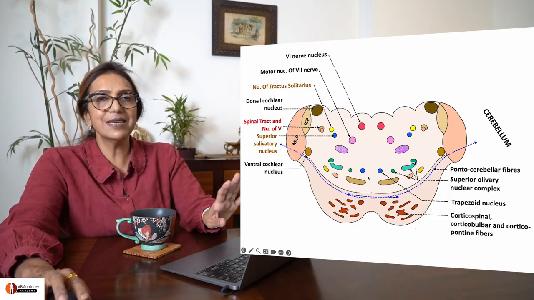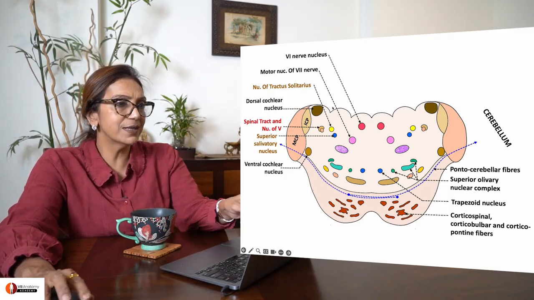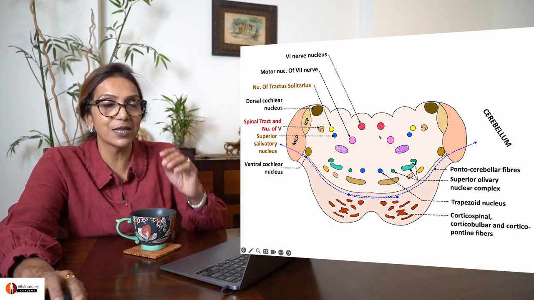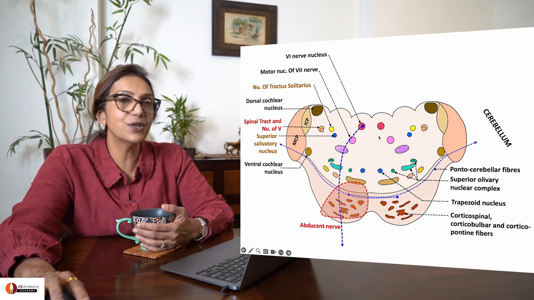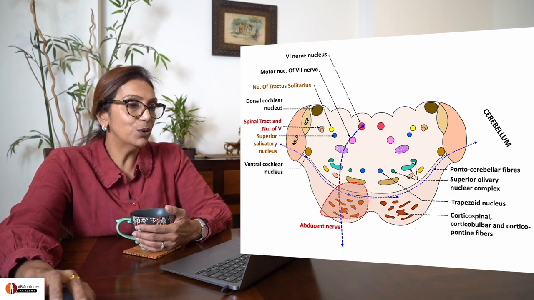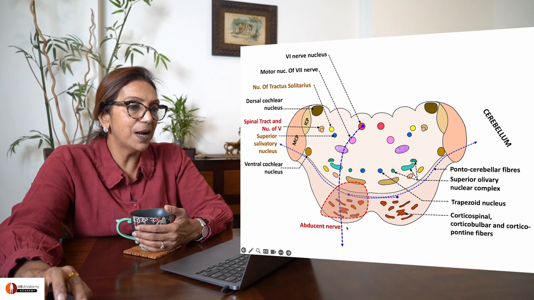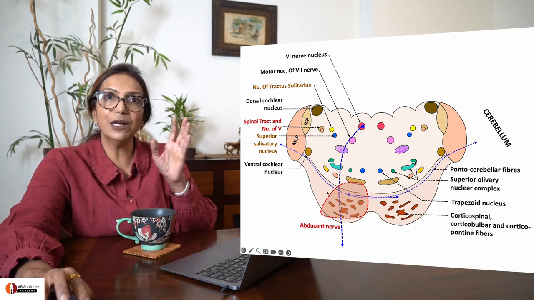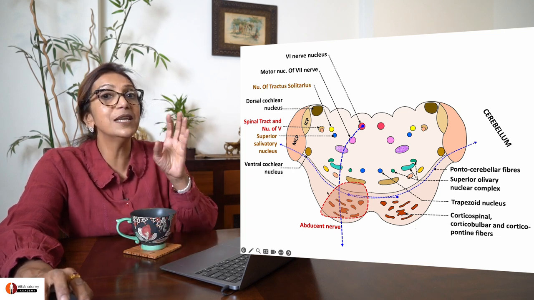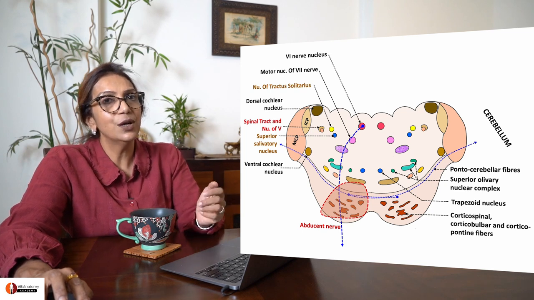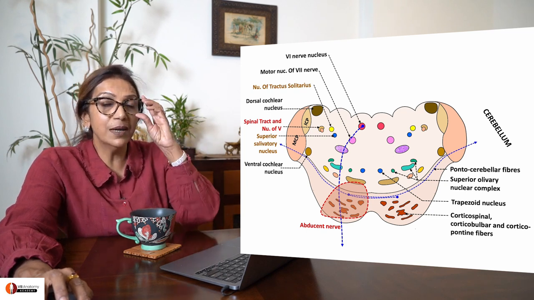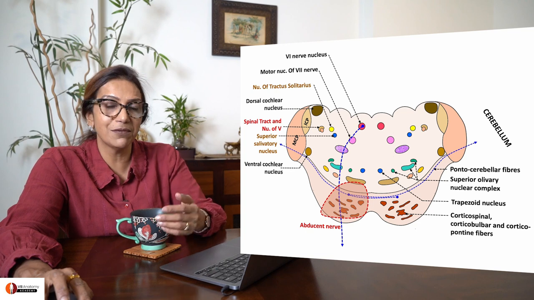So now this is a section of pons which you have drawn. Considering the shape, you know it's a lower section or the caudal section of pons. This is abducens nerve. The lesion is happening here. So you can see that the basilar part is affected and it's quite close to the midline. It's probably a median zone lesion. That means it's either branch of basilar artery or the early branches of pontine artery which are affected.